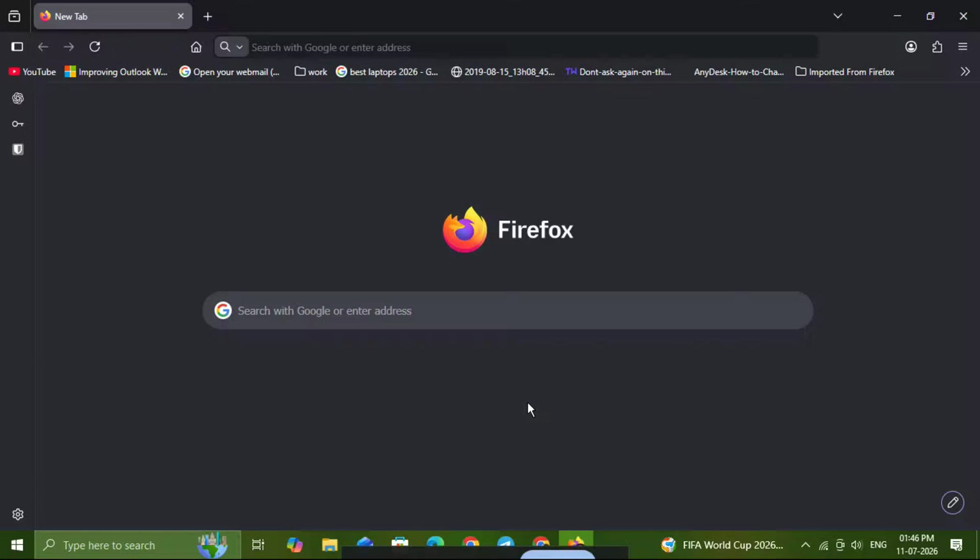In today's video, I'm going to show you how to enable HTTPS only mode in Firefox so you can force secure, encrypted connections while browsing the web. This is a simple privacy setting that can help protect your traffic and reduce the chances of loading a site